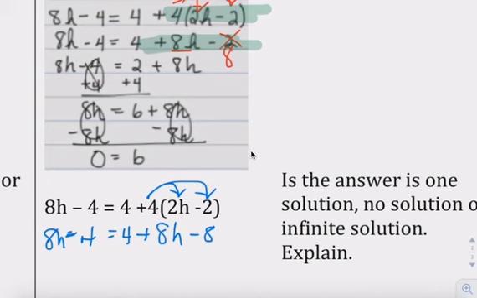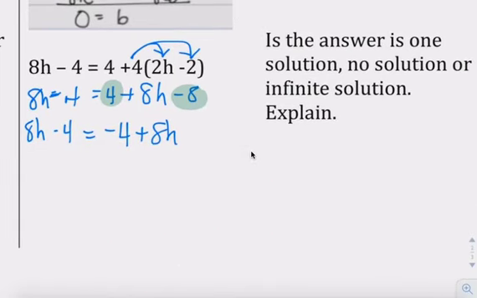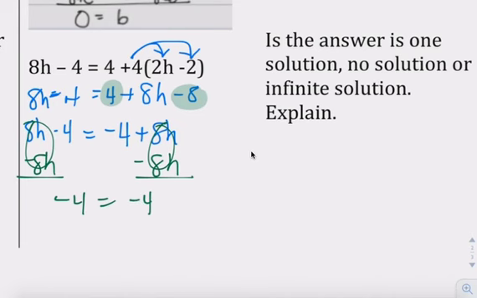This and this get you negative 4 plus 8h. 8h minus 4. Minus 8h, minus 8h. 0 minus 4 is negative 4. Negative 4 plus 0 is negative 4. Infinite solution because